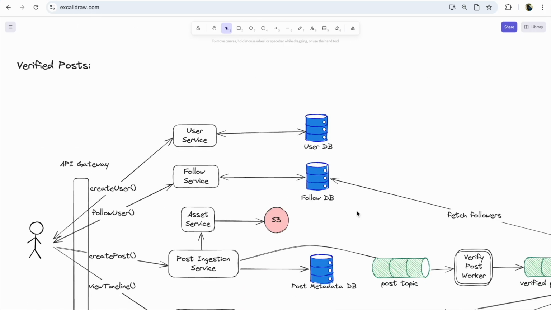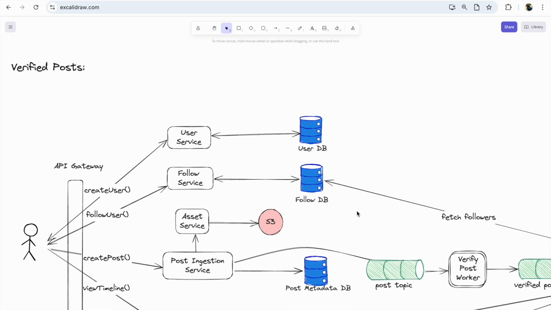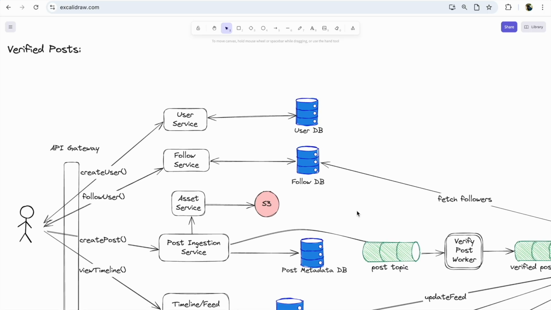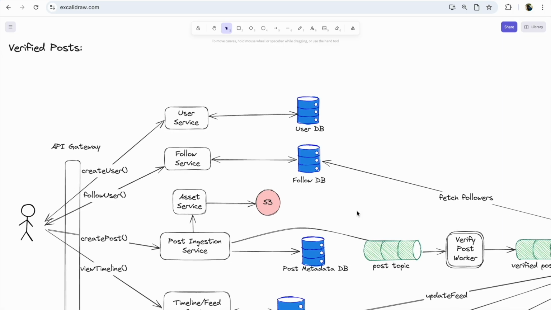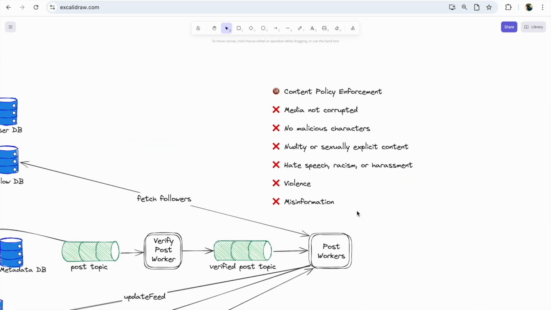Next, talk about the verified posts. So Instagram, Facebook, or any other social media, of course, will have some content moderation. So it will check for a few things for the content. Like I have mentioned few examples, like media should not be corrupted, there should not be any malicious characters, nudity or sexually explicit content should not be there, hate speech, racism or harassment, violence, misinformation. These are a few things. There will be lots of other things these apps will be checking, but I have just